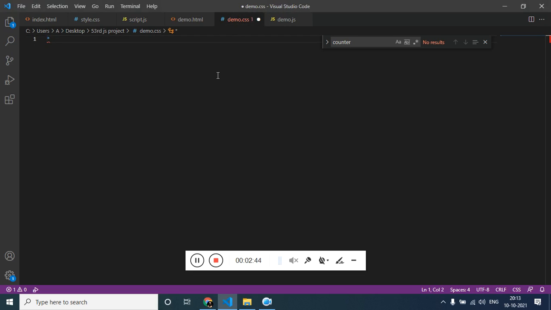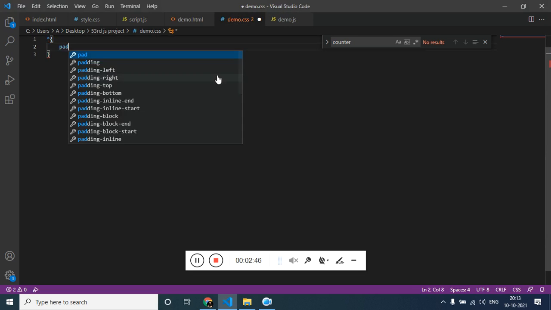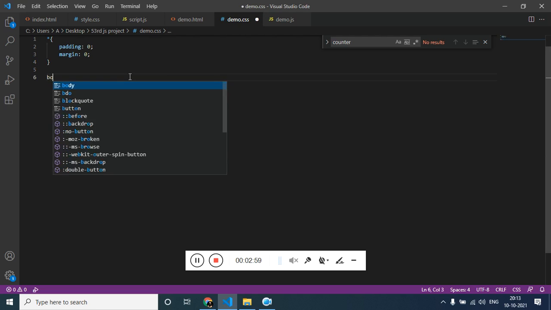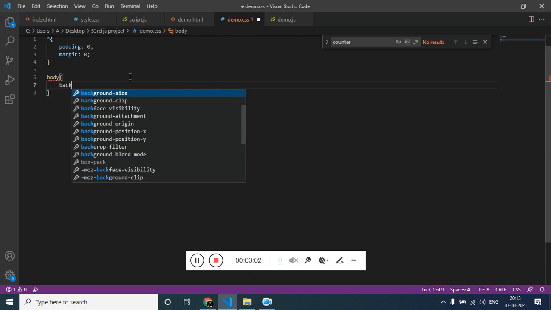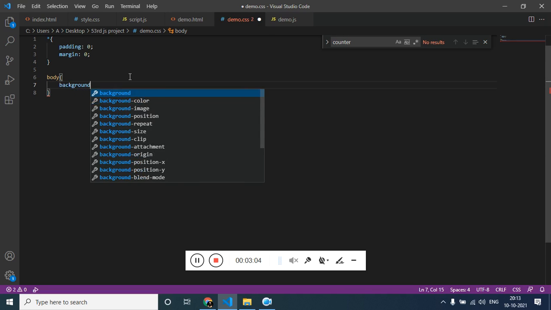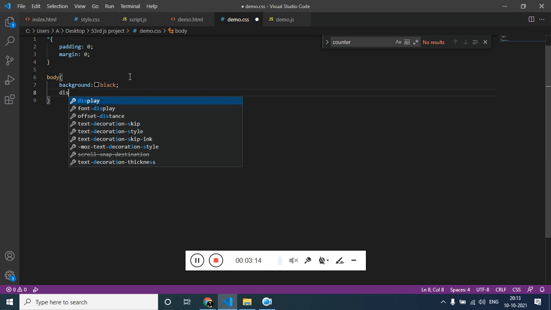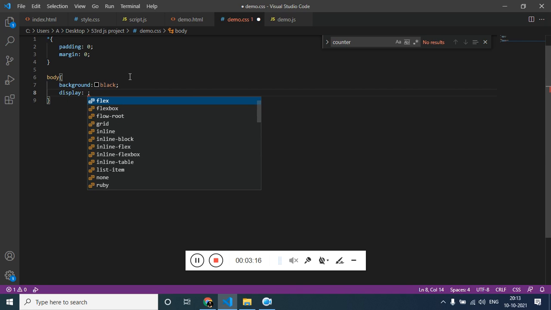For all elements, let me remove the margin and padding. Now what we need to do is call the body and give the background as black, and let's use display flex so that whatever is inside the body would be at the center.